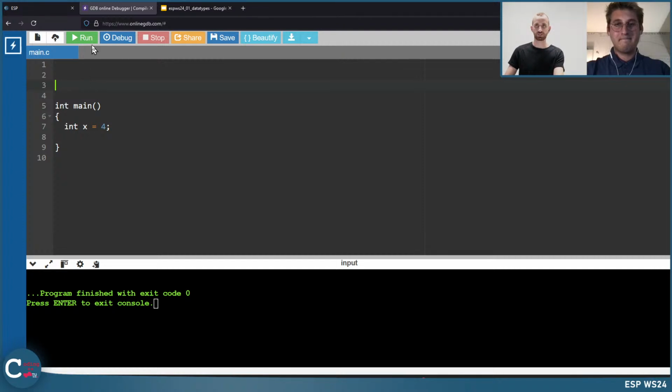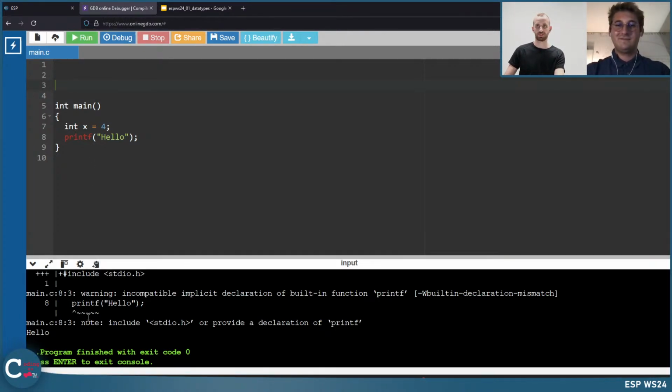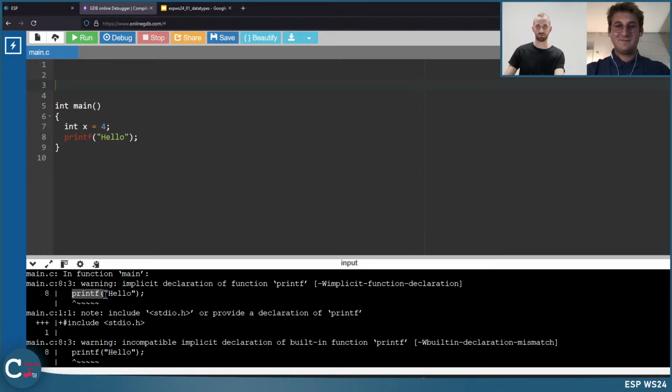I don't need this for this kind of operation, but I would need it if I write printf hello, because this printf functionality is written in this library. So this would work, but if I remove the library, it says, okay, you have this printf here, but I don't know where this printf is written, so I don't know what to do with it.